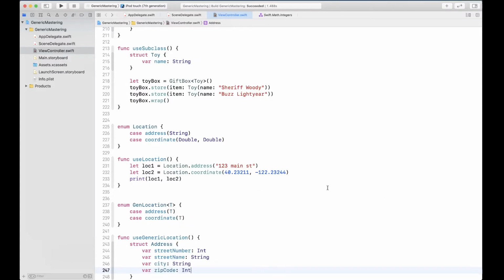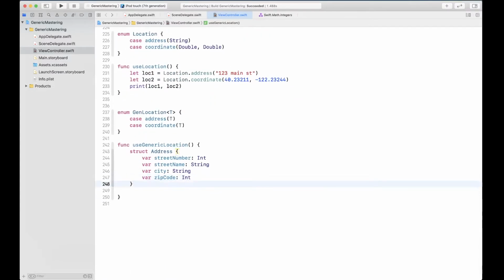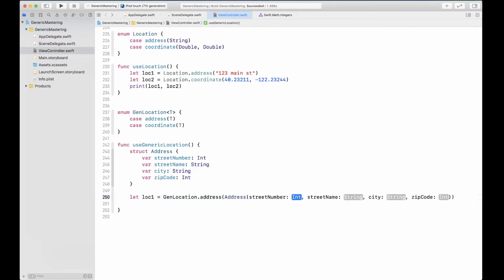Okay, so these are the properties for address. Now let's create our location. So location 1, generic location, let's use that, dot address, and we're going to say this is going to be an address that we just created. Okay, so we're going to simply say